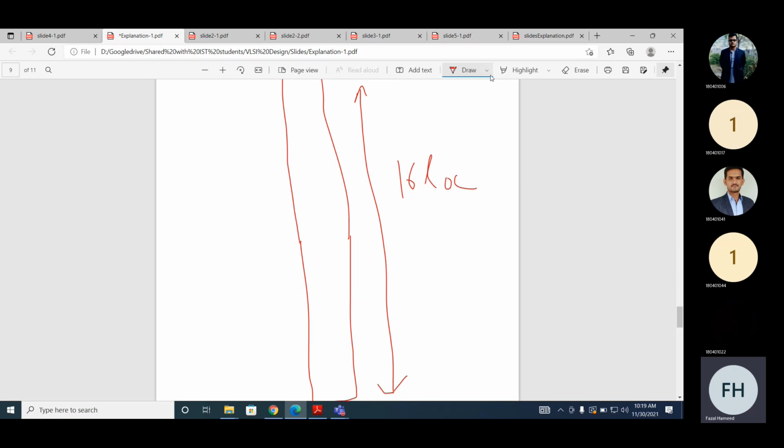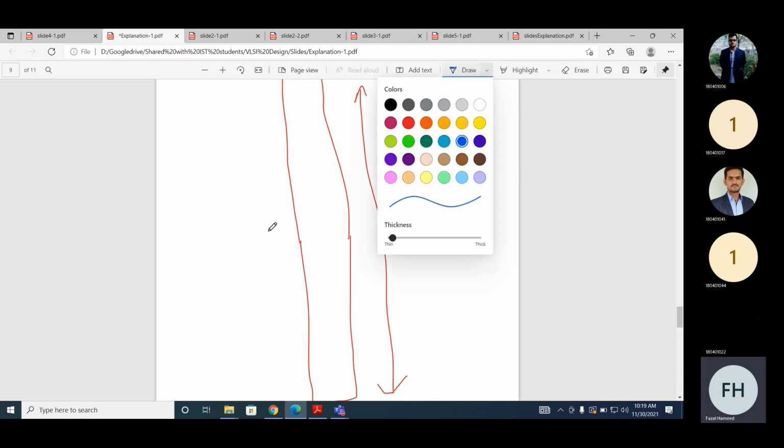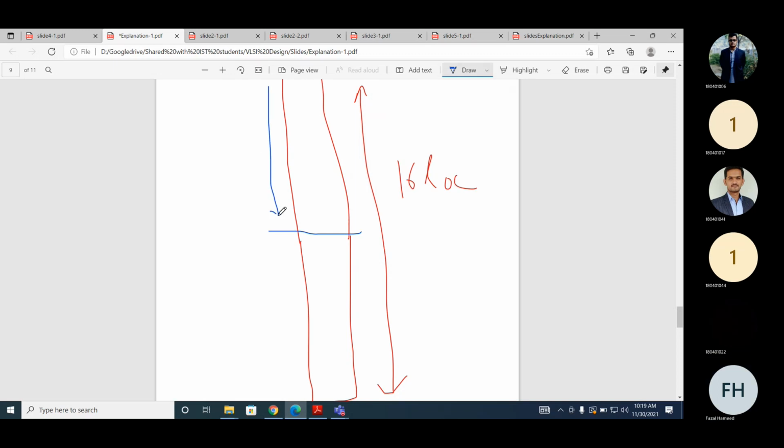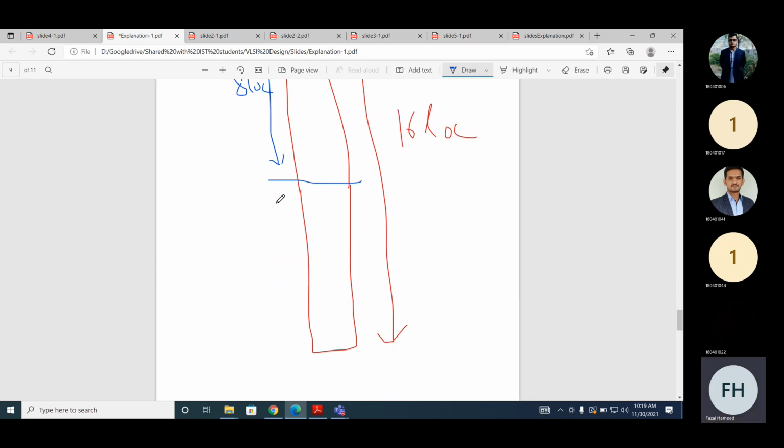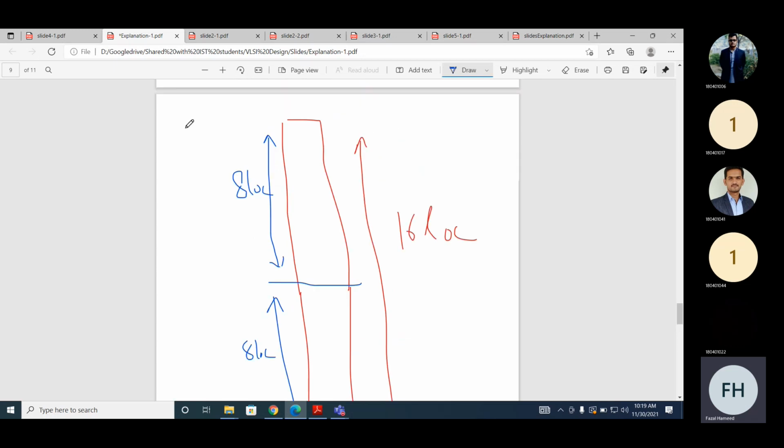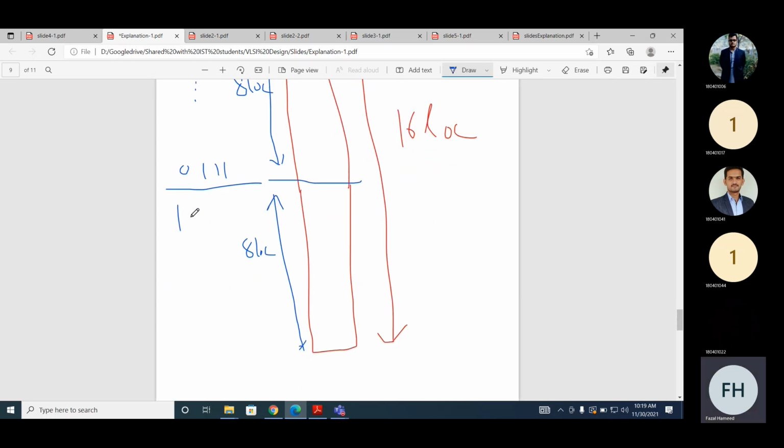Okay. So actually, if we divide this into 8 locations and 8 locations, and if you look at the address bits, the address bits will range from 0, 0, 0, 0 till 0, 1, 1, 1, and then 1, 0, 0, 0 up till 1, 1, 1, 1.